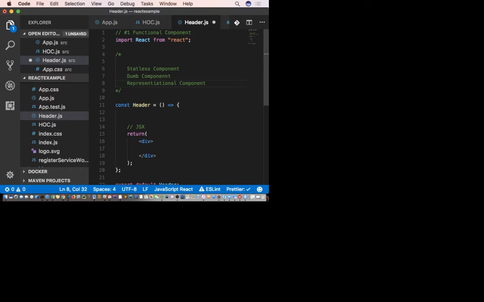It's a representational component, which means its only mission is to render or represent, which means you're just going to take some data and represent it. If you want to look at it another way, it's just going to be a lot of HTML. And the last one, of course, we already know the name, it's functional. They call it a functional component.